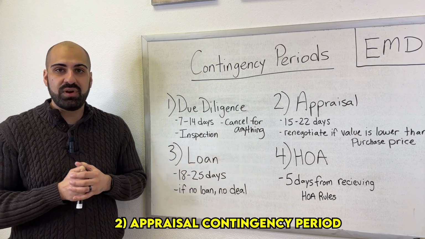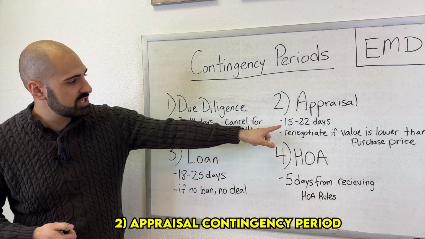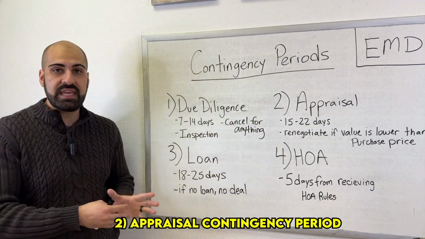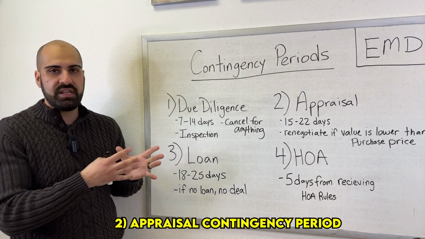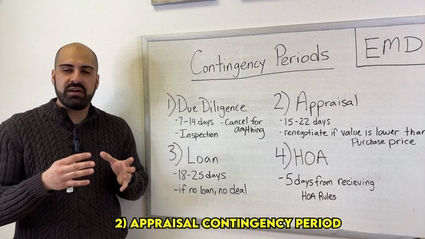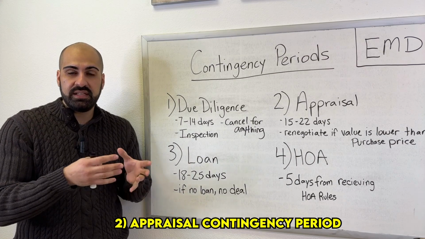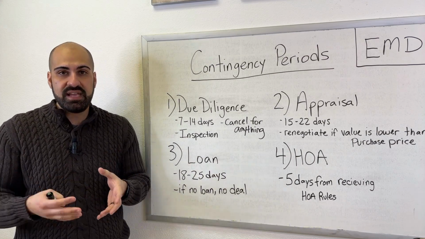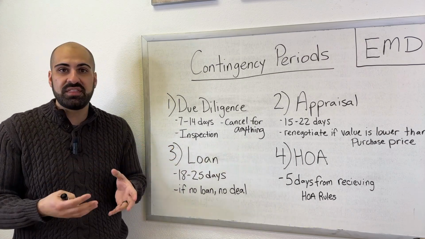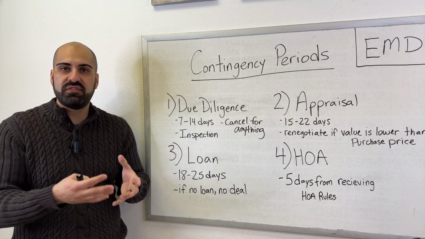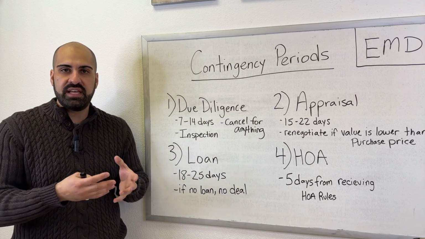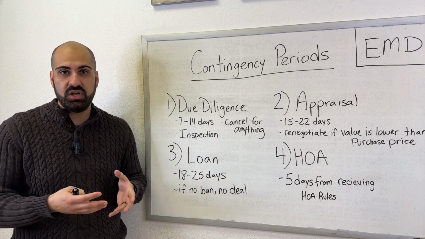Number 2, we have appraisal contingency. The average time is 15 to 22 days from the beginning of the contract. So what's happening here? Well, remember we talked about if you're getting a loan, right? The lender is giving you a certain amount of money based on what you and the seller think the value of the home is. So if you have a $500,000 home, right, and the lender is giving you 95% of that as a loan, so let's say